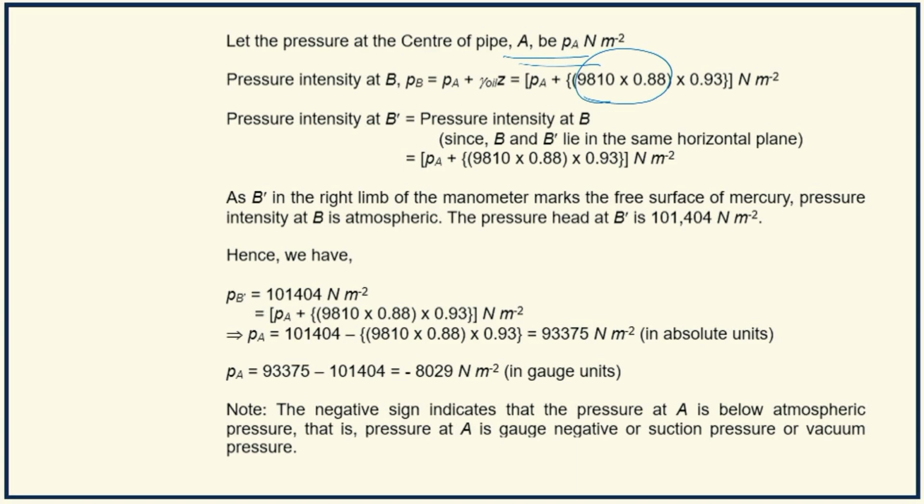So this is the standard liquid. Specific weight of water is the specific weight of the standard liquid, multiplied by 0.88, the specific gravity of oil, into 0.93. So pressure intensity at B dash is PA plus, okay, you get. As B dash in the right limb of the manometer makes the free surface of mercury. Now what is given in the first,